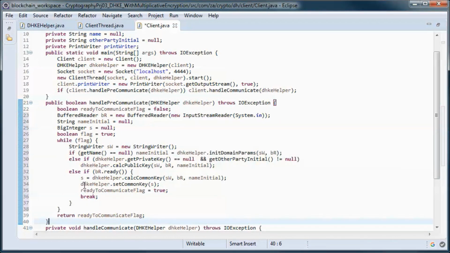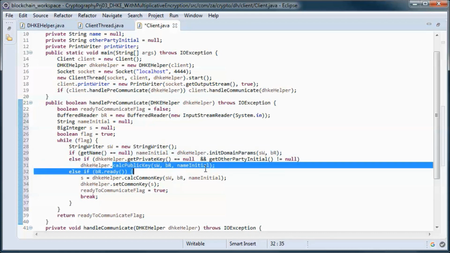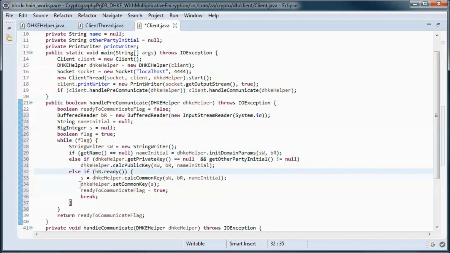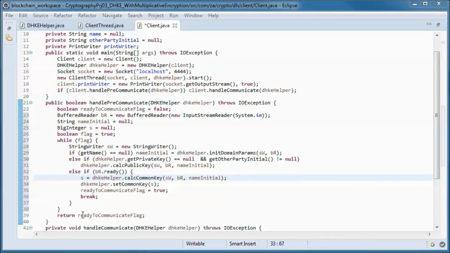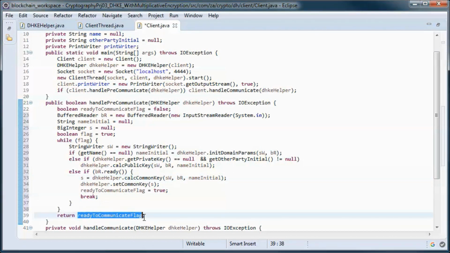For this client. So here we are initializing the domain parameters, and here we are calculating the public key, and here the common key, and we return a ready to communicate flag.